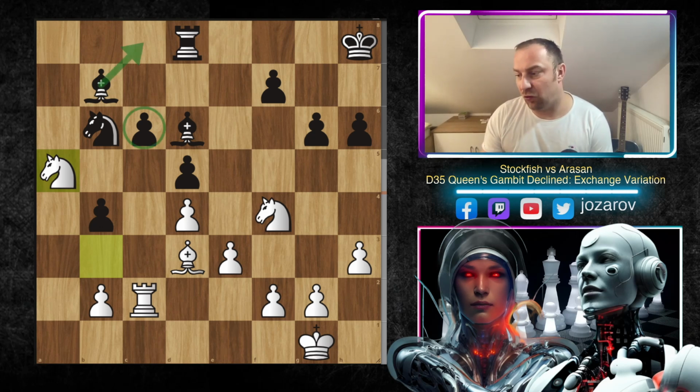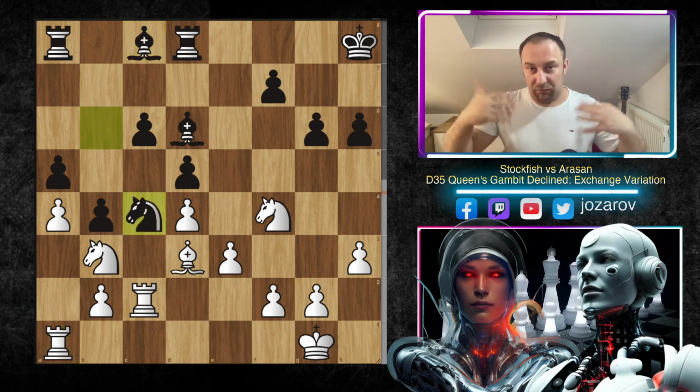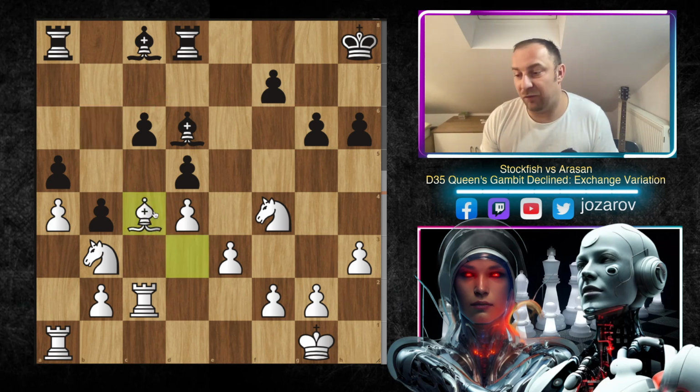So that's why after rook to c2, bishop to c8 was played, rook to a1, and now Arasan, as we said in the beginning, wanted to play this idea, knight to c7, knight to b6, knight to c4. Mission accomplished. Actually, when you think about this position harder, bishop to c4 immediately is not working because of d